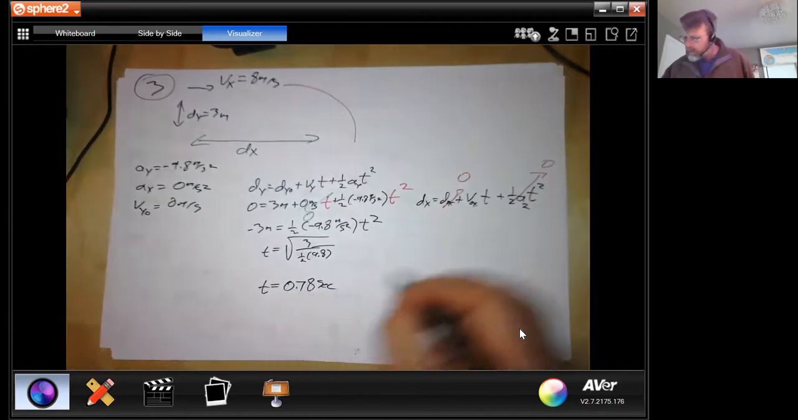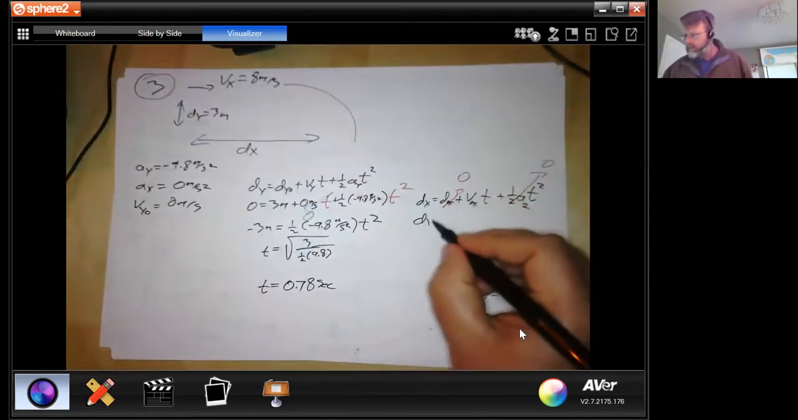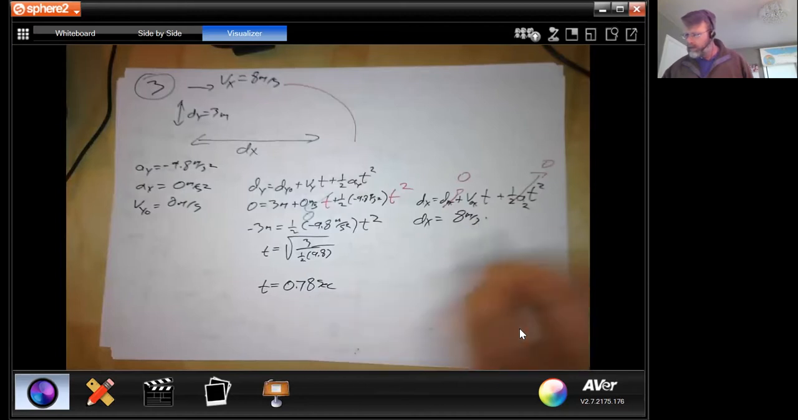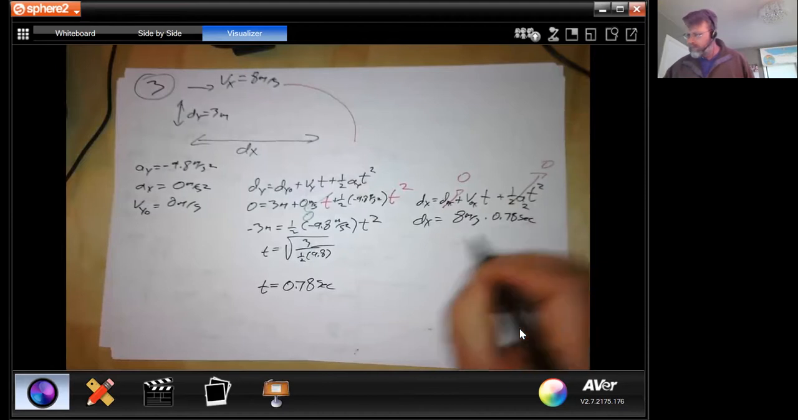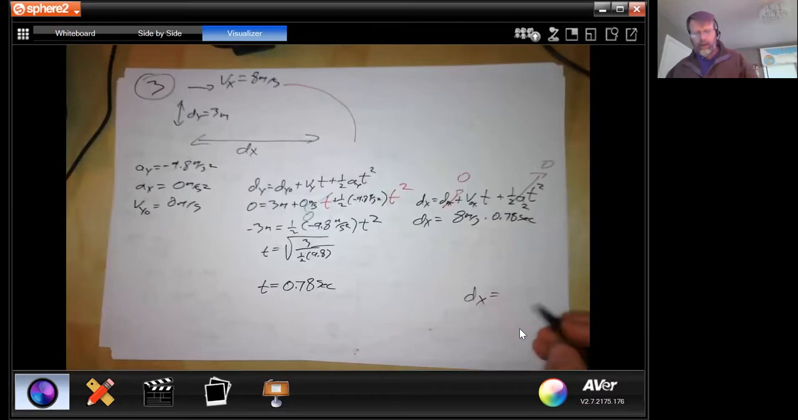Now we can plug that in here. We have our velocity and we have our time. Also, this becomes a much simpler equation, and we get,